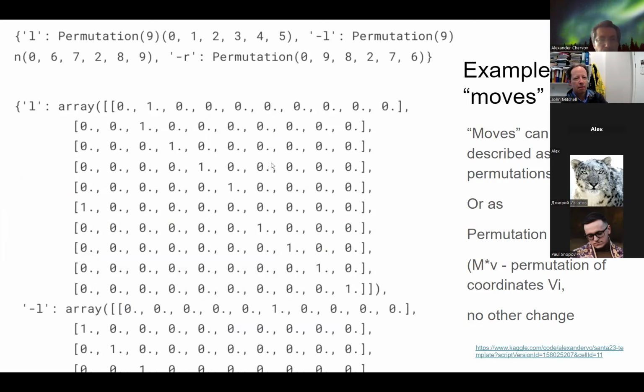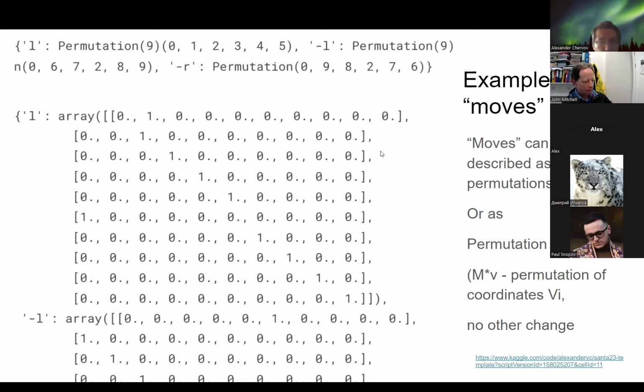The permutation moves we can also see in what was given to us. We can think of them as permutation matrices, for example, or as permutations. So here is, for example, the permutation matrix representation of one of the possible moves. This is a matrix which has only 0 and 1, and in each row we have only one unit, and all the other entries are zeros. These matrices are called permutation matrices.